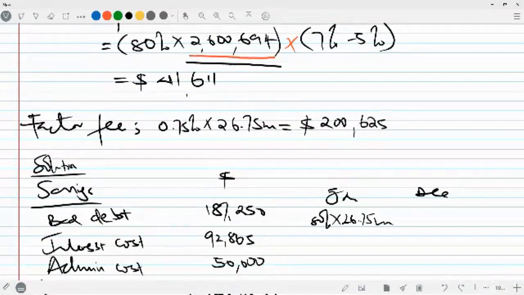No, what's happening is that the factor is advancing new money on bits and pieces. If you make a sale today, they give 80%. You make a sale tomorrow, they give you 80%. You make a sale a month from now, they give you 80%. So the question is, on an average basis, how much sale do you make? You make 2.6 million. Is that clear? Therefore, since you make an average sale of 2.6 million, they give you 80% of it at that point in time throughout the year.